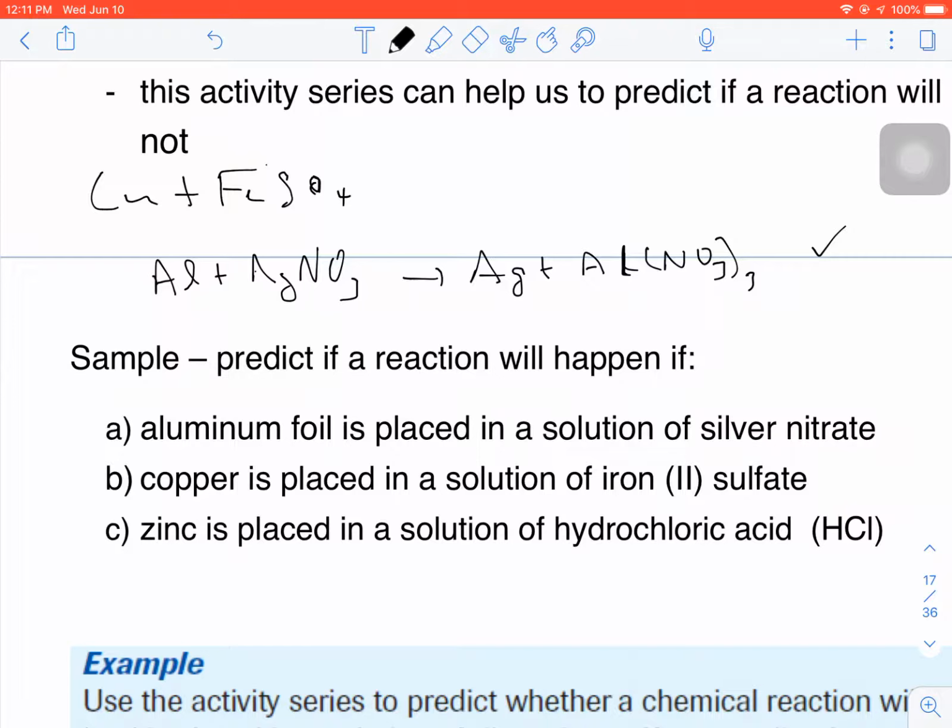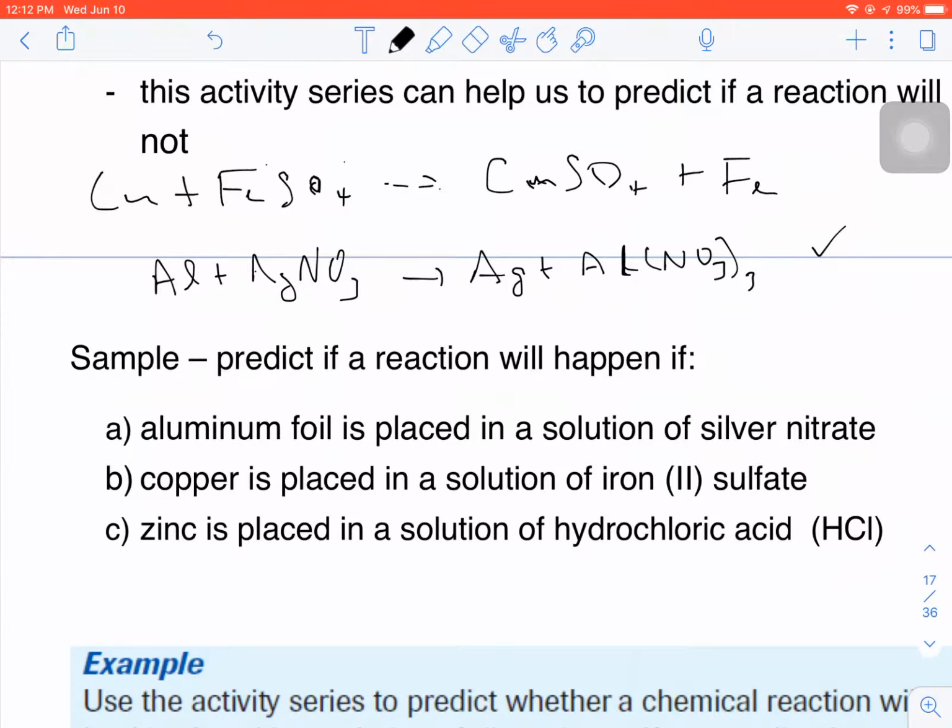iron is 2 plus, sulfate is 2 minus, the 2's come down and the 2's cancel out. So there's my iron 2 sulfate. The products will be copper sulfate. It can be either copper 1 or copper 2. Copper 2 is much more common, so usually when we're trying to decide which one will form, look for the one that's more common. So copper would be a copper 2, sulfate would be minus 2, the 2's come down and cancel out, and I'm going to get